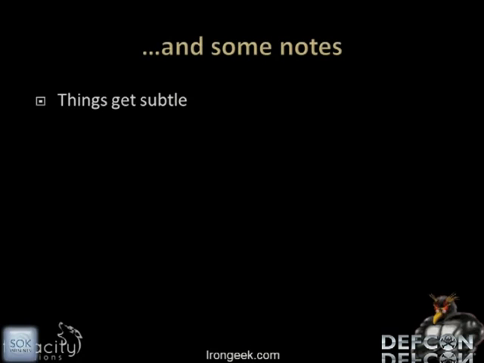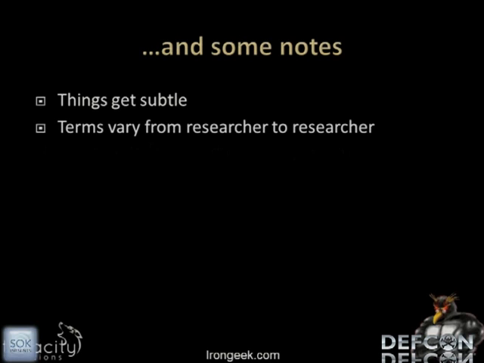Things get subtle when you start talking about attacking mixed nets. Terms kind of vary between researchers, what some particular term means. For instance, who here has ever heard of a Sybil attack? Who here has ever heard of a sock puppet? Probably a few more people on sock puppet. I'll go into the definitions of all those, but a lot of literature out there is very academically oriented, and I'm going to try to make this talk geared in such a way that it helps people understand that academic research without necessarily having to have read 20 papers on the subject.